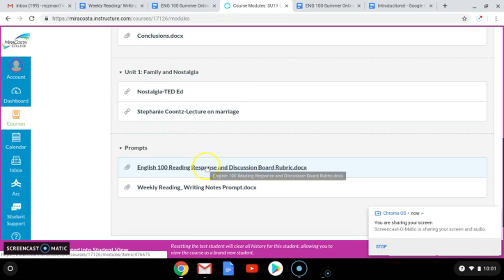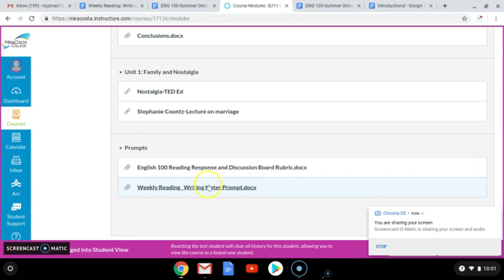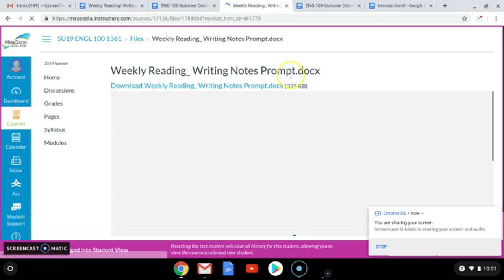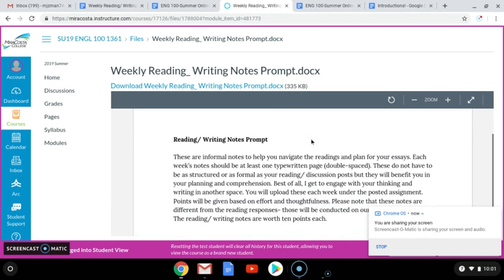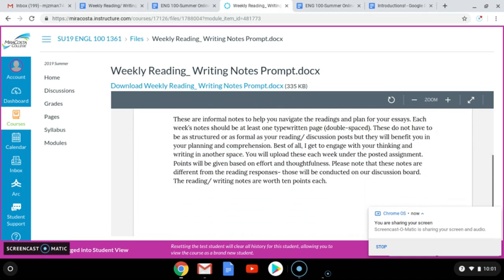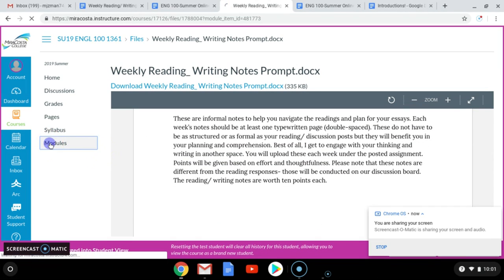And then here's some prompts, okay? So as I said, here's the weekly reading writing notes prompt, and you can just click on that and it should show up here, and this will tell you essentially what I'm looking for in the reading and writing notes, okay? If I go back